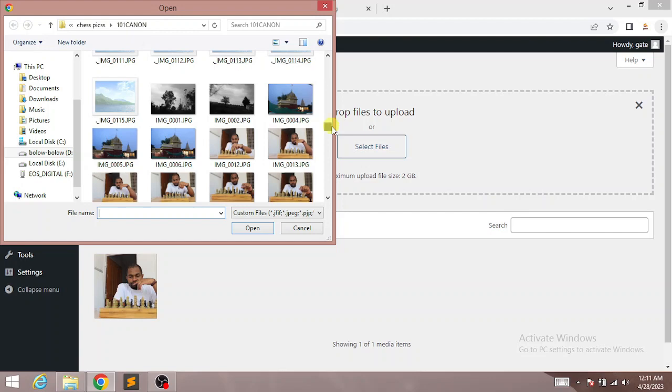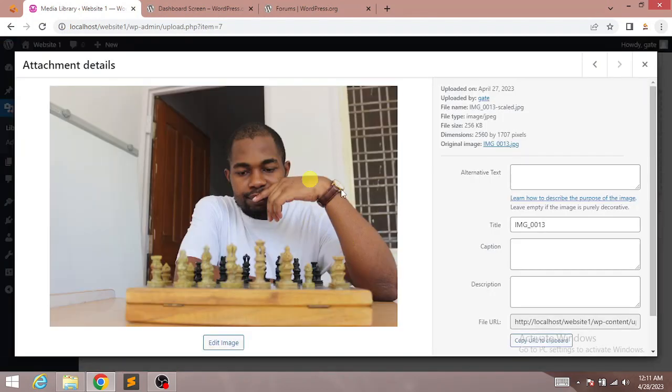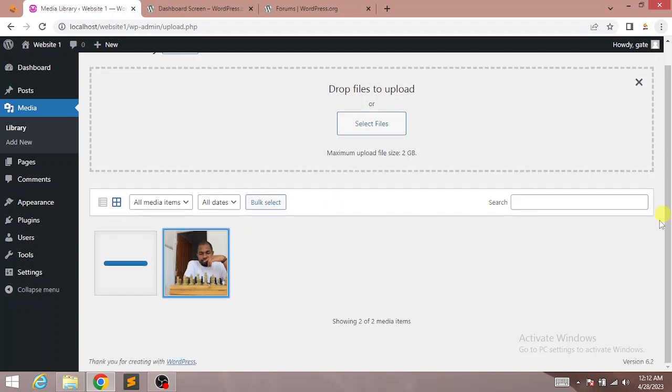Let me select this one. This is of a temple here in India, the Ganesh temple. So you see now we've uploaded the photo. This is a photo of me with my chessboard. I love playing chess, just to put that in there. So yeah, this is how you upload photos, and if I wanted to delete the photos as well, I